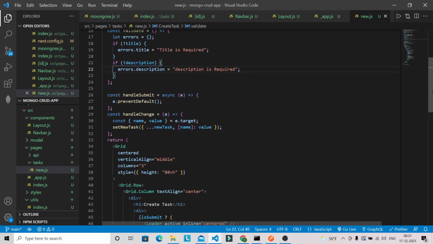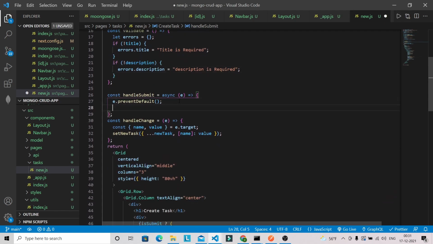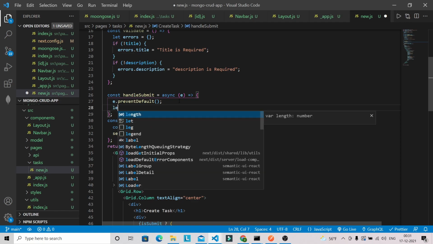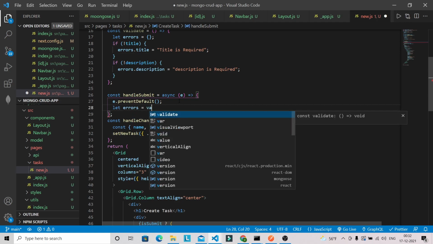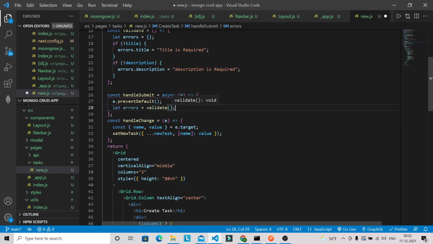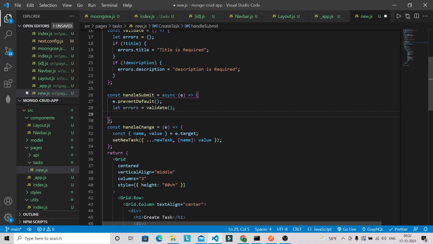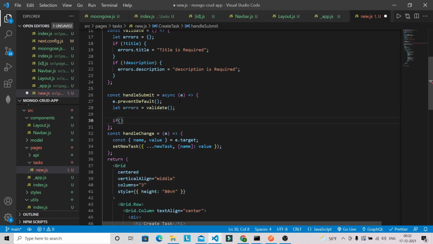Now this validate function we can use while submitting the form. So let errors is equal to validate, and we can check here if Object dot keys errors.